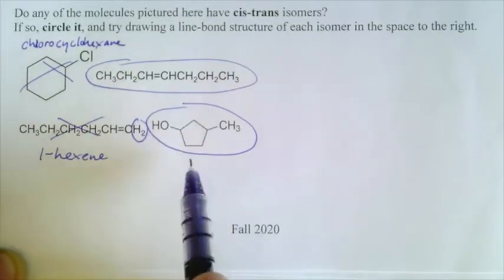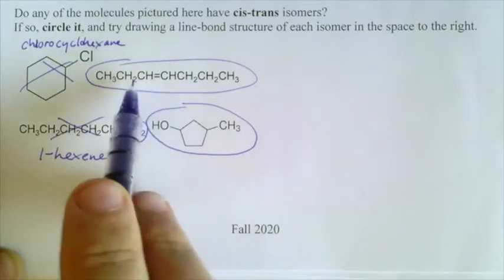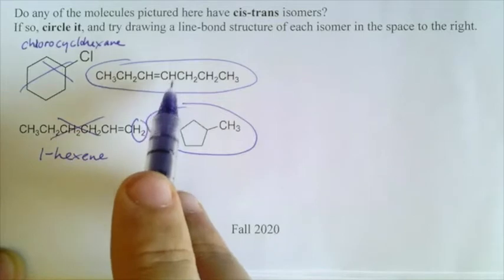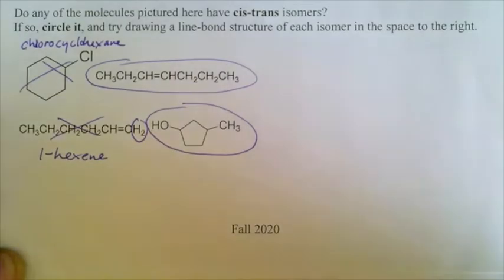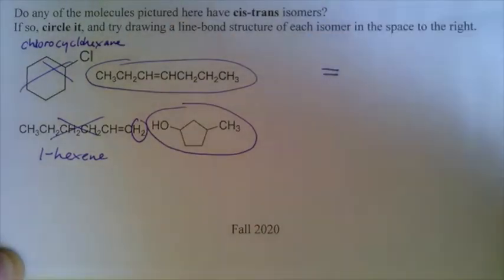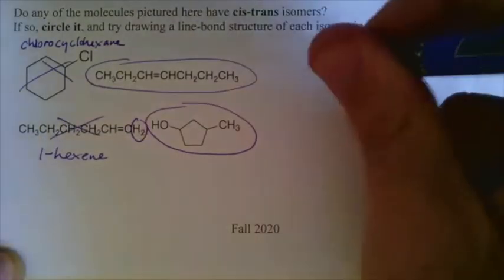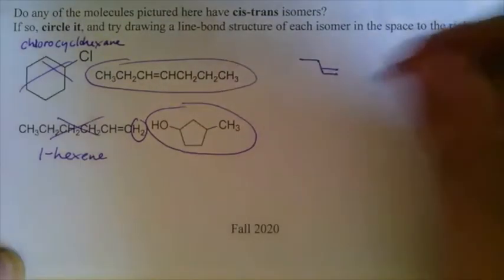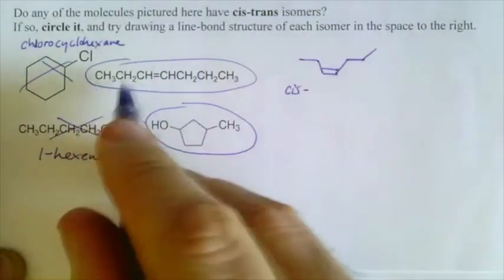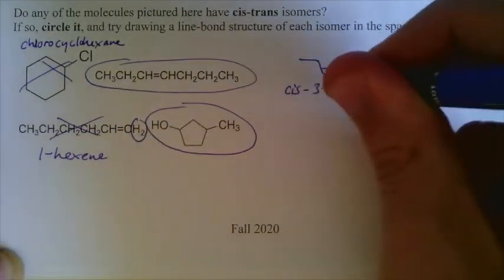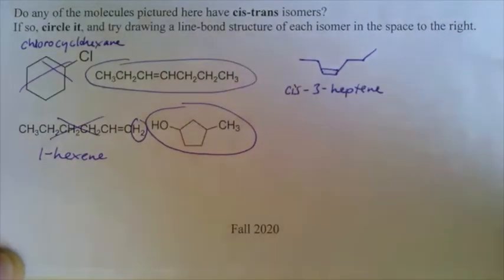On the other hand, these are both great examples of something that could have two different isomers. This double bond on one side has an H and then CH2CH3. On this side, an H and then CH2CH2CH3. Those could be arranged in either orientation to each other. So I could have a version where they both point up. So I know I've got 2 carbons on the left, 1, 2, and then 3 carbons on the right, 1, 2, 3. And this would be cis 1, 2, 3 heptene, because I've got 7 total carbons in here, and the double bond is in that spot,